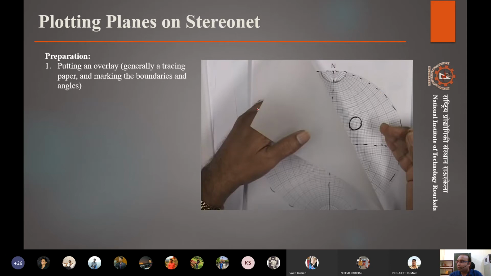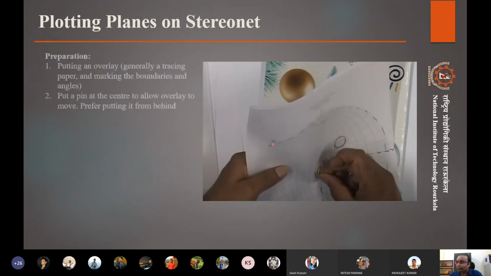First of all, keep a tracing paper here, mark the boundaries, and because we have to rotate it along the center, we can use a pin so that both of them can be coupled in between. So in the center, a pin is inserted. The stereo net is below, tracing paper is above, and a pin is inserted so that the movement is restricted to just rotation, and it doesn't go anywhere else.